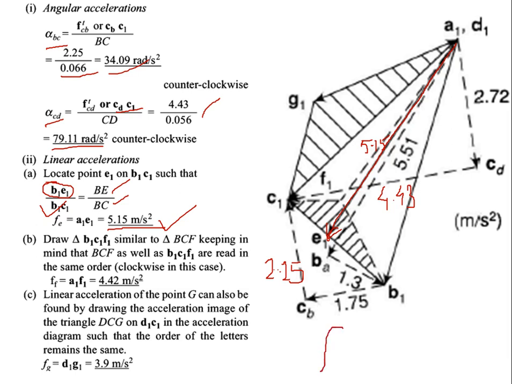If you want to calculate acceleration of any point, so if you want to calculate now acceleration of point E, it should be from the initial point only, that is starting point. So F1 if you want to calculate, it should be from A1 to E1. So acceleration of any point, it will be from the initial point only. So always you have to take the initial point, that is A1 is the initial point here. So if you measure from A1 to that point, that is the acceleration. Similar as velocity only. If you want a velocity of any point, you take from the initial point only. Okay. So that you need to take.